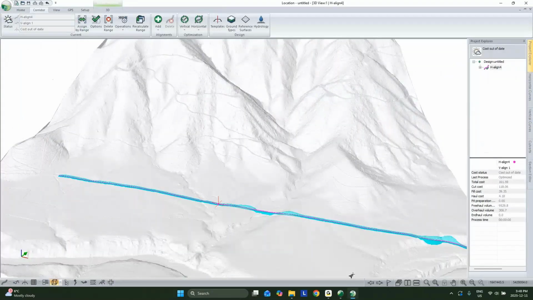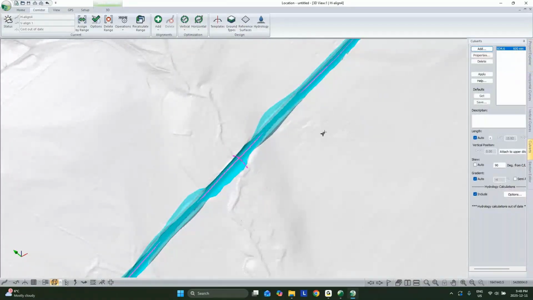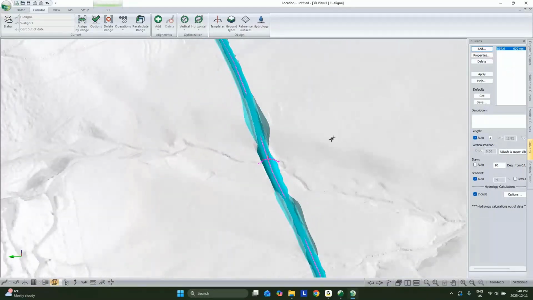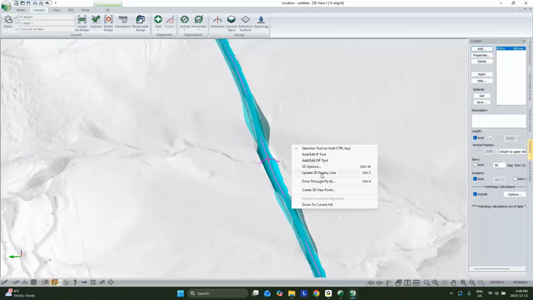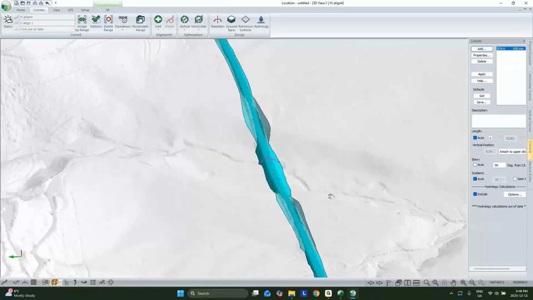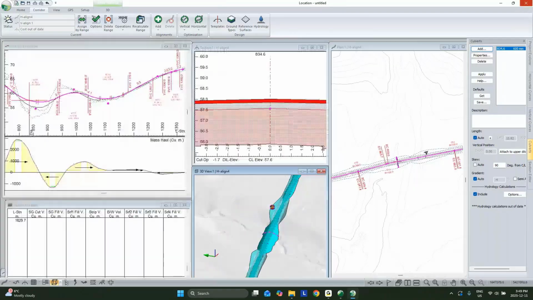In location, we can say, well, let's look at that pipe that we've added. So I've added in a pipe here, and I'm going to make it visible in our cross section. So with that, if